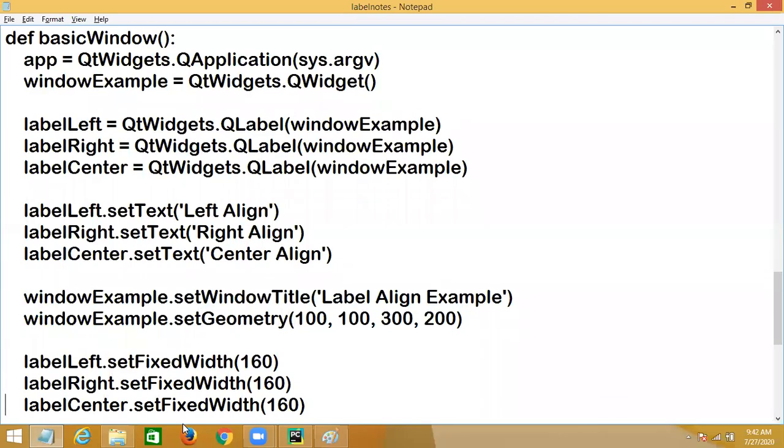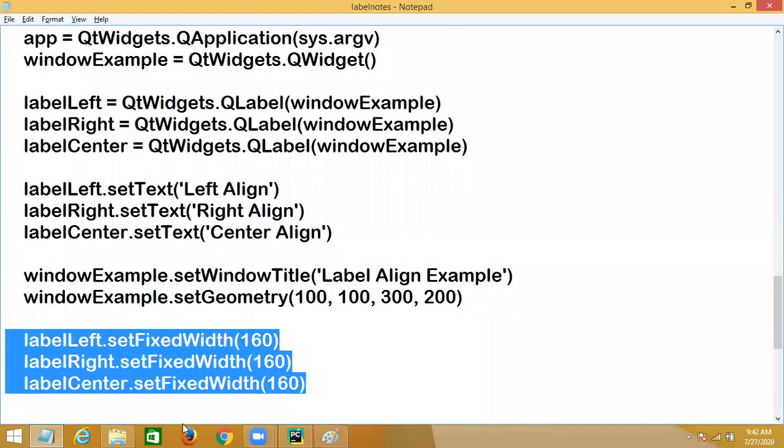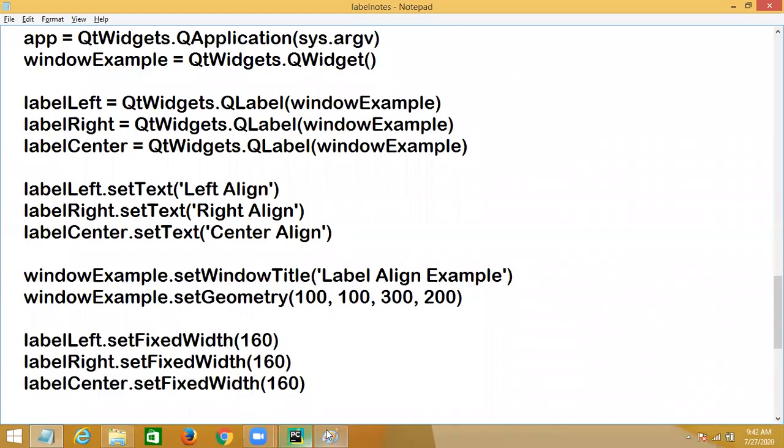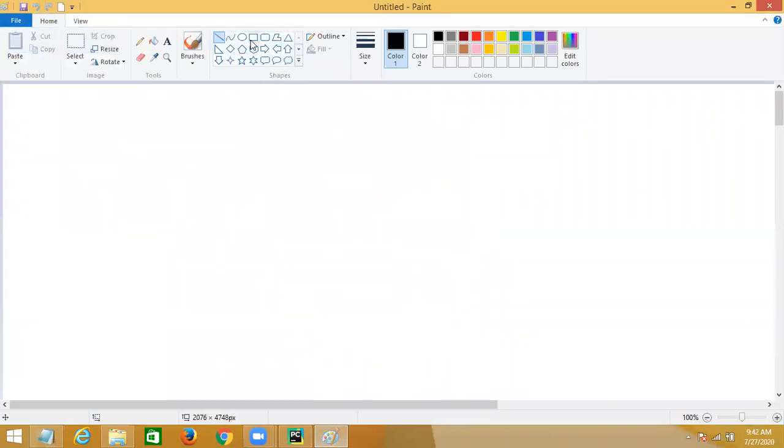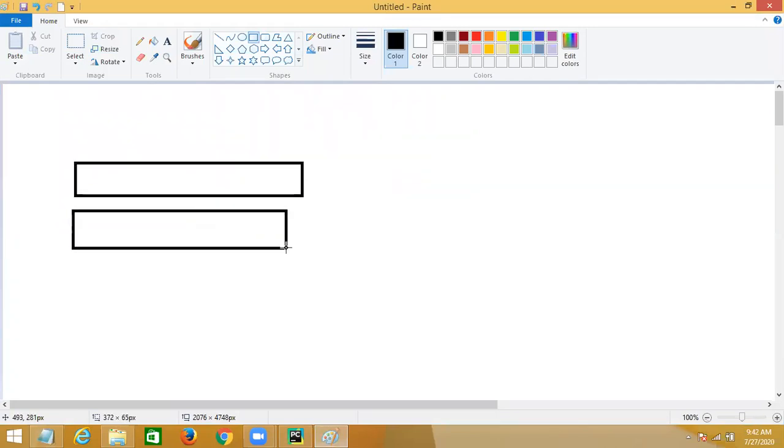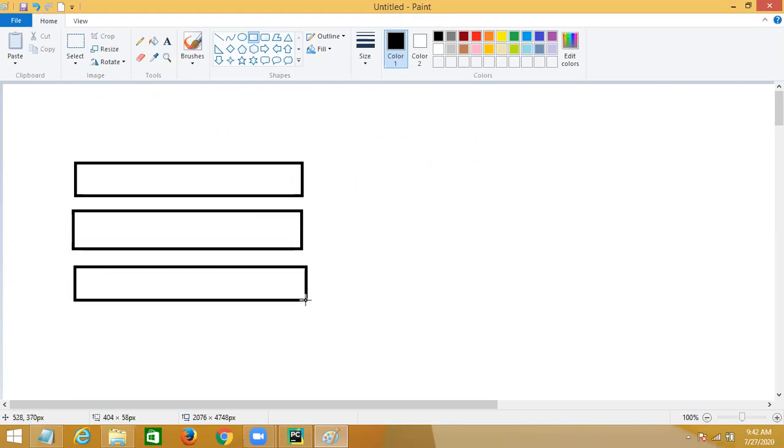So here every label width is given. This is the width of label 1, assume that. This is the width of label 2, and this is the width of label 3.